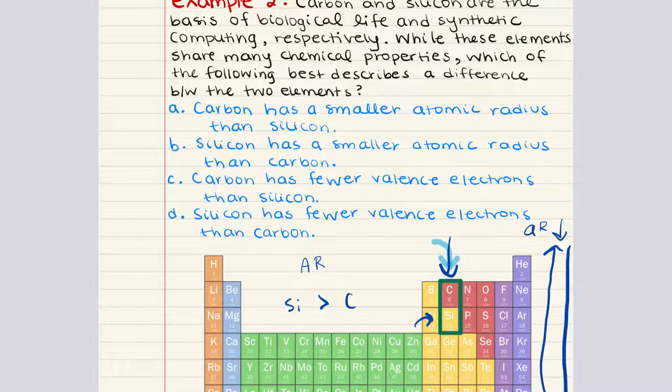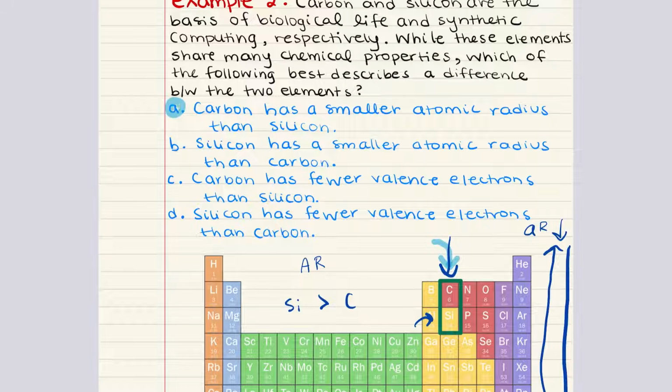All right. Keeping that in mind, let's go on to answer choice D. It's kind of related to C here. It says silicon has fewer valence electrons than carbon. Again, incorrect. For the same reason, both elements have 4 valence electrons. So now that we've worked through the options, the only option that seemed reasonable and is correct is answer choice